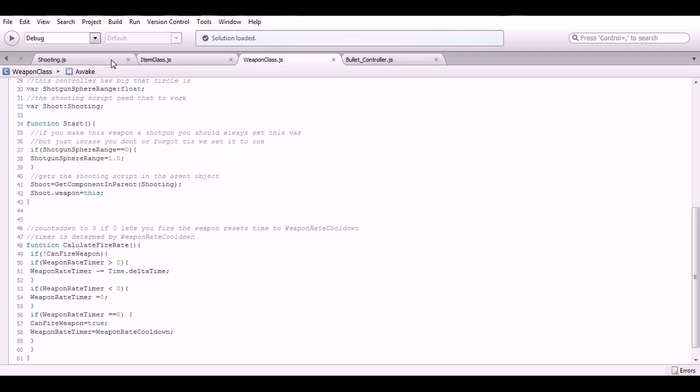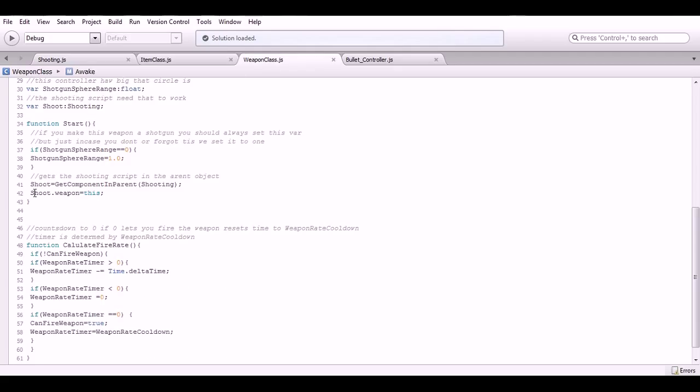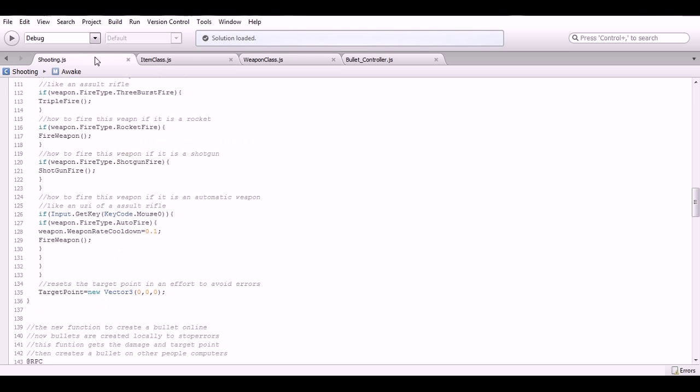And it makes the shoot dot weapon this, and so it automatically will find a weapon. But just in case, it checks if we do have the weapon in the script. And now, okay, this is the auto fire. Now the auto fire works a bit different because we need to hold down the button, so we put it in the get key, and it says if we have the weapon dot fire type dot auto fire, then it